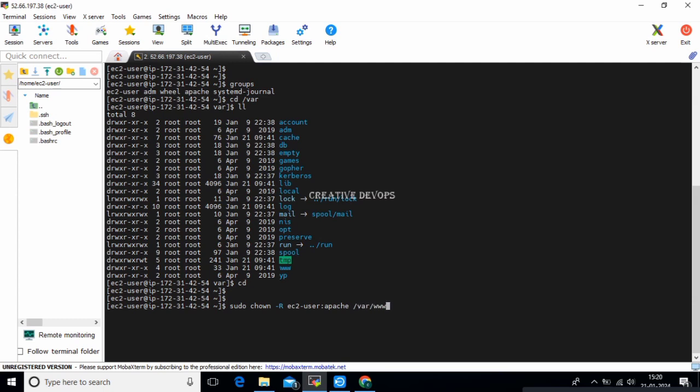Then enter. Okay. To add group write permission and to set the group ID on future subdirectories, change the directory permissions of /var/www and its subdirectories as well. So sudo chmod 2775 /var/www